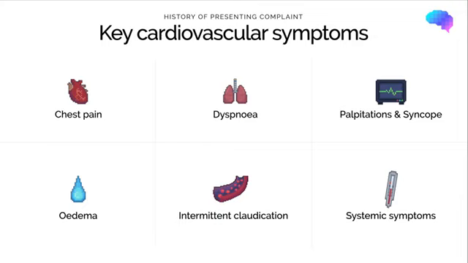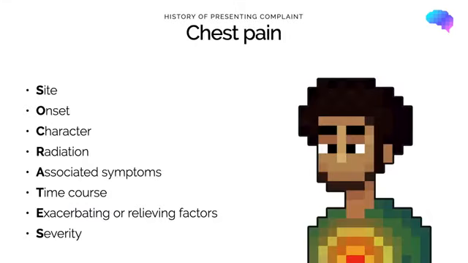The key cardiovascular symptoms which you should try and cover in any cardiovascular history include chest pain, shortness of breath, palpitations and syncope, edema, intermittent claudication, and systemic symptoms such as fever, weight loss, and weight gain. Let's start by discussing chest pain, because it is probably one of the most common symptoms in the context of